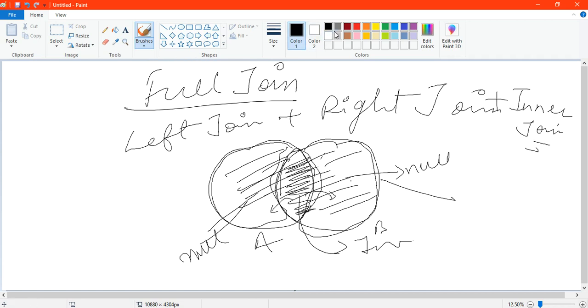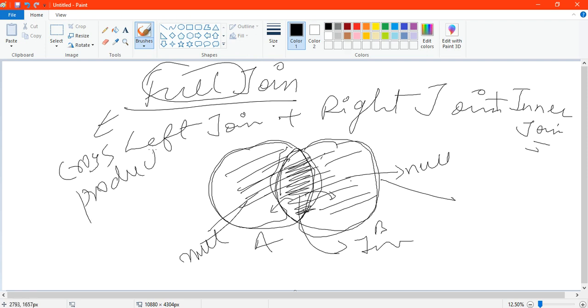Okay, but don't compare it to cross product. Full join does not mean cross product. It will be asked many times. As we saw, the cross product means making all the possibilities by multiplying the number of rows. The first row of the first table will be appended to all the rows of the second table. But here,